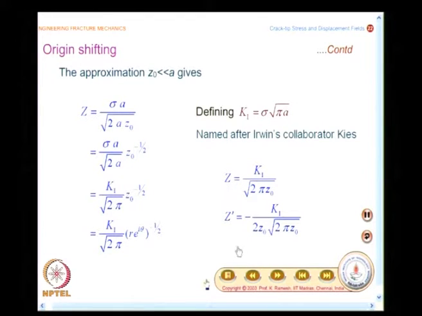Once you know z, z prime is straightforward to write, there is no difficulty at all. And I have also mentioned, while discussing the problem of a central crack, Westergaard also provided a series of stress functions which could be used for multiple cracks, crack with wedge load. All of these we would see in the next chapter. For all of them, you would have a form of stress function.